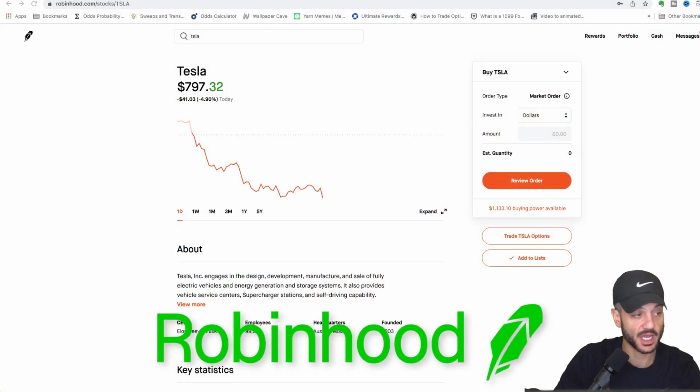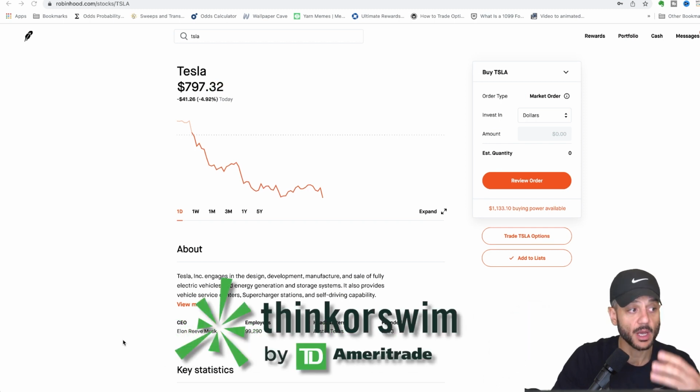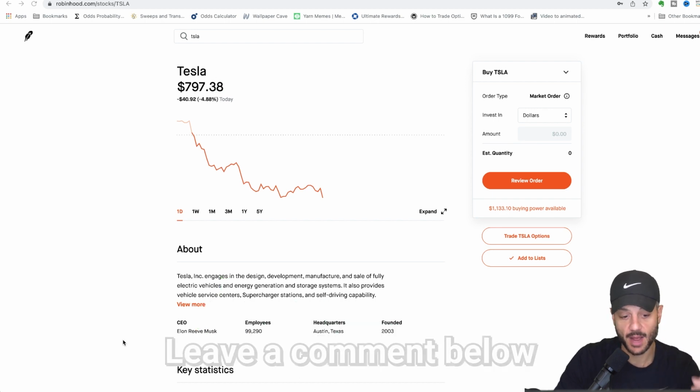We're going to be going through this on Robinhood because I think a lot of beginners trade on Robinhood, and it is a lot less complicated than something like Thinkorswim. But if you guys want me to do a tutorial like this for Thinkorswim, leave a comment down below